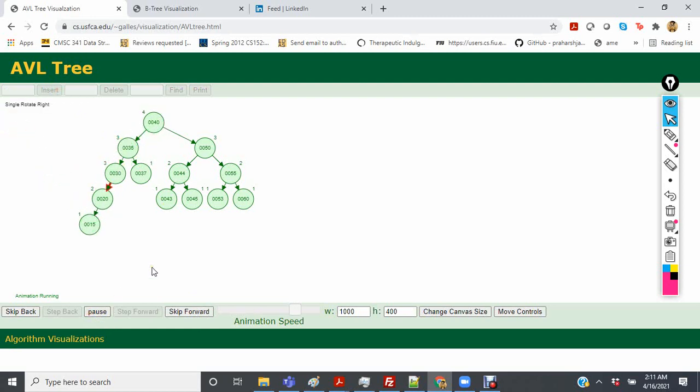So you see there's a violation here, 20 moves up. And now in order to actually create a rotation again, we're going to need to insert a couple more elements. So I'm going to insert 25, and